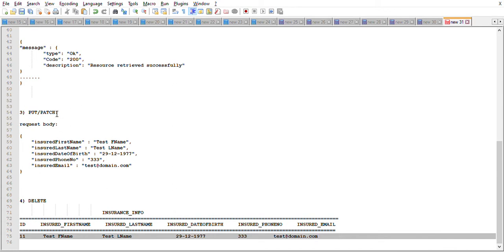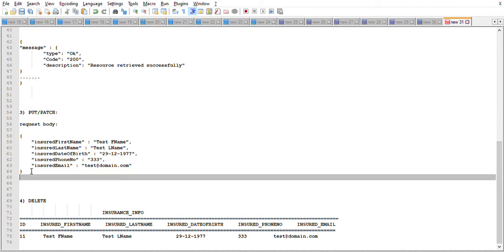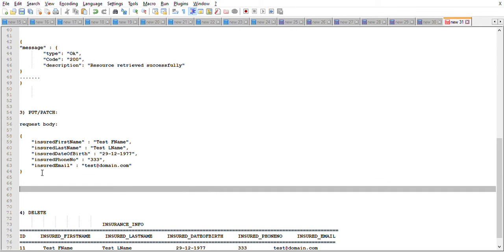Whenever we are using PATCH, what it does is update the data partially. It's only a partial update. It means that PATCH,